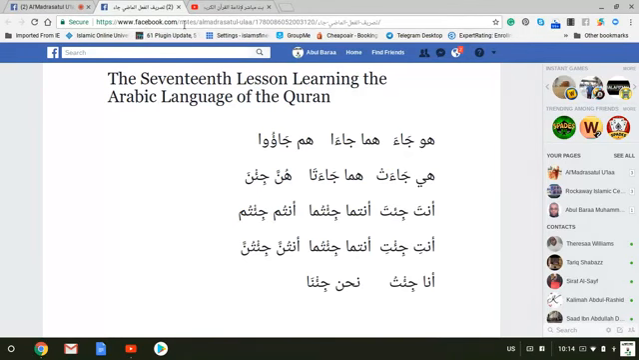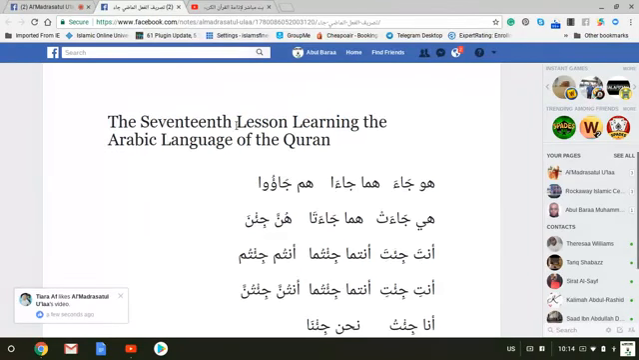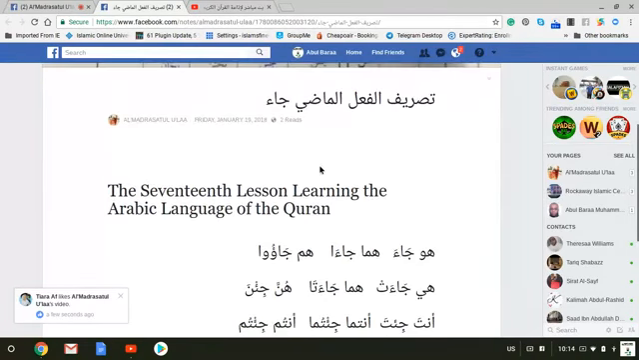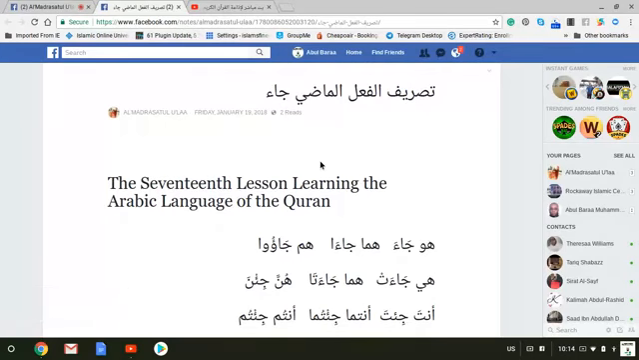وهذا درس this lesson tonight بإذن الله the 17th lesson from learning the Arabic language of the Quran course, going over الفعل الماضي أو التصريف، تصريف فعل الماضي والمضارع